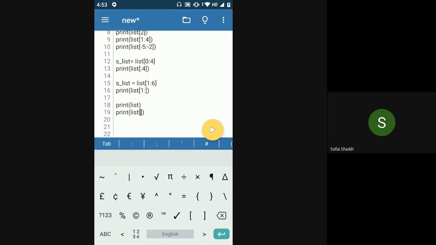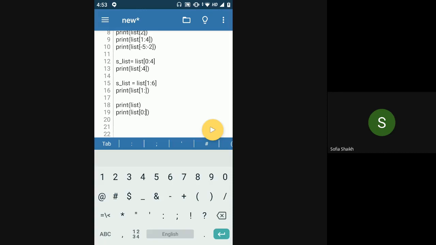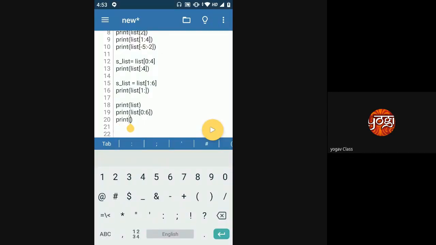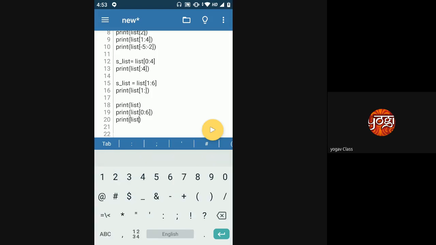Your starting index, 0, to 6. 0 to 6, right? Everyone clear with that? And if you do not want to do that, again, as we had done in the previous two steps, you just leave both of them empty.